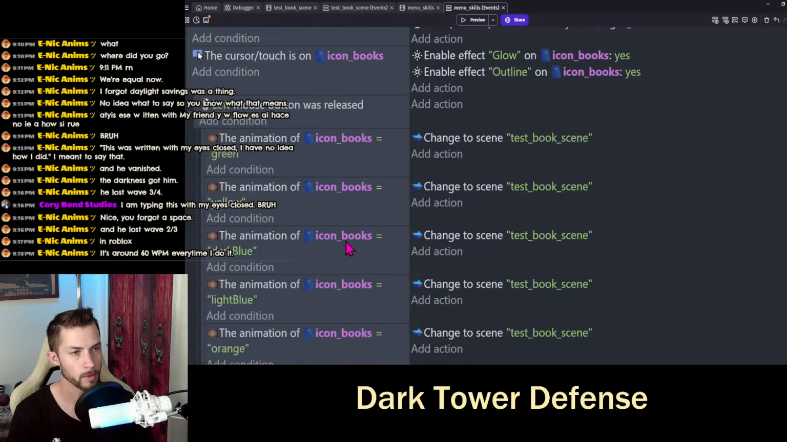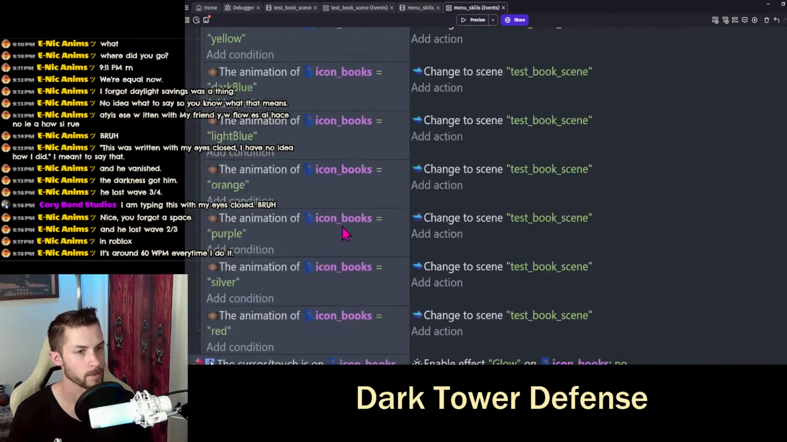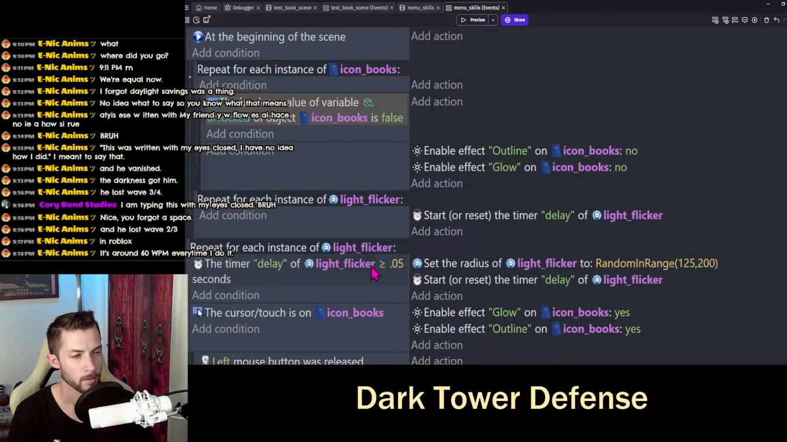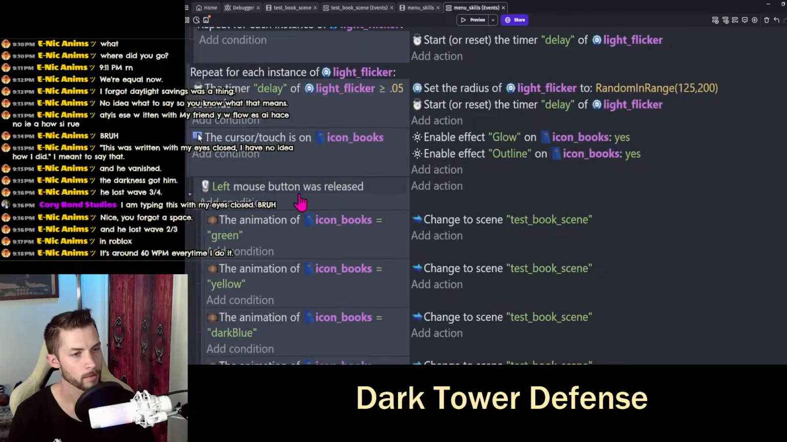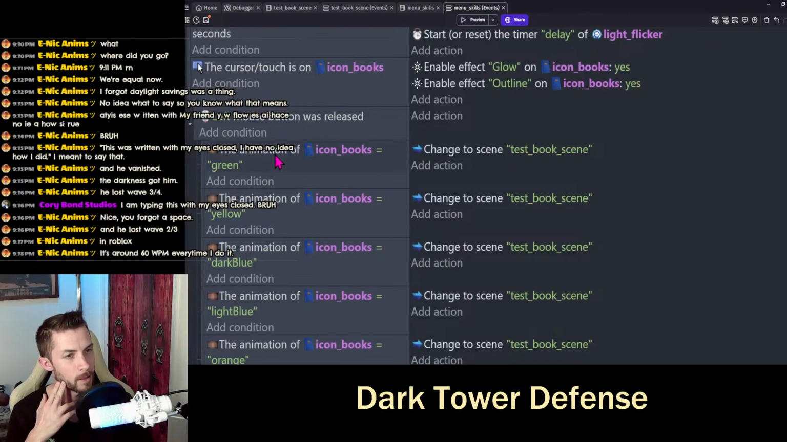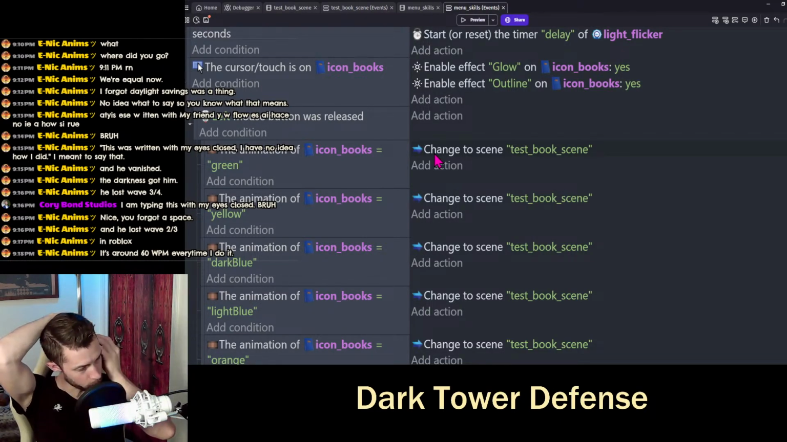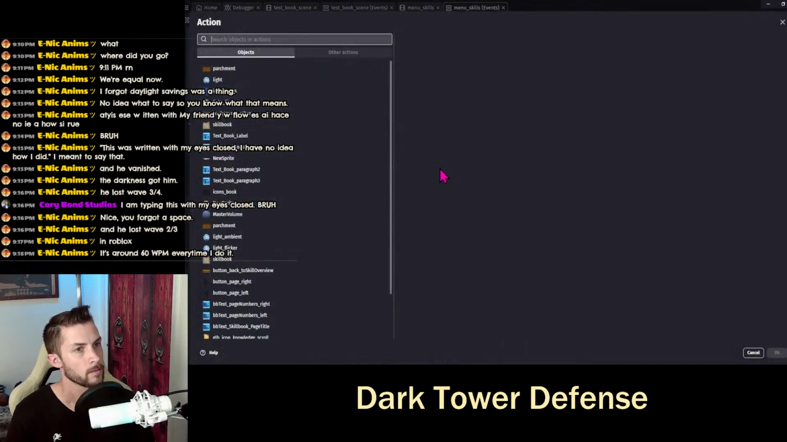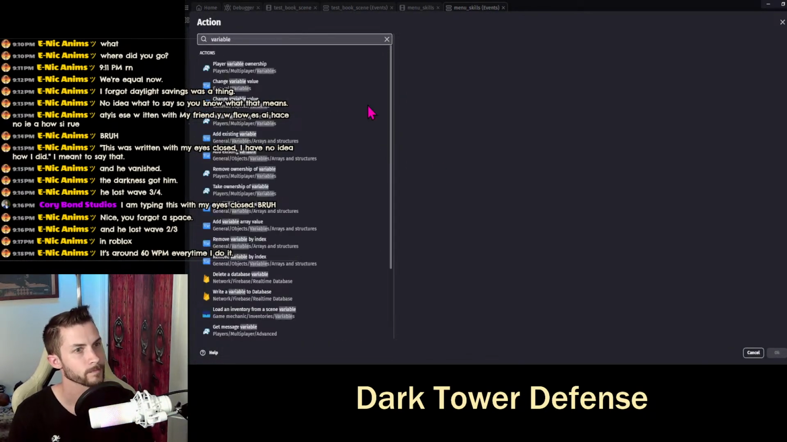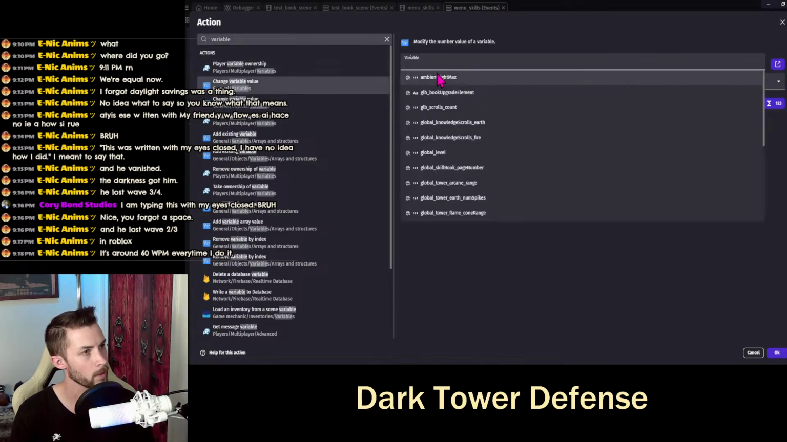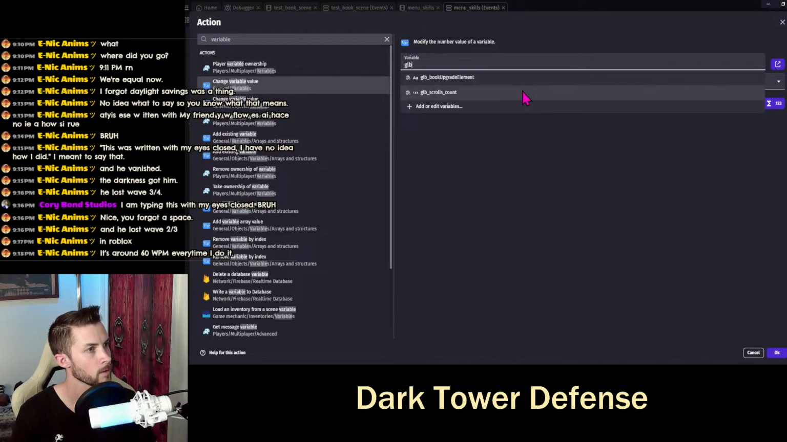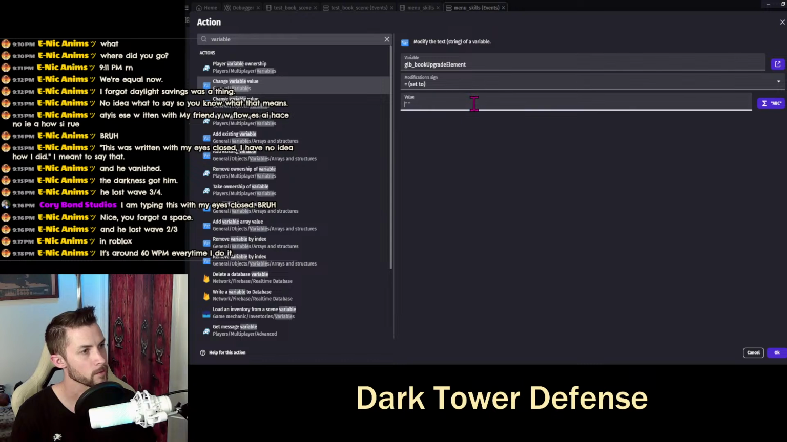Okay, so we're going to do the clicky thing now. Right here, if the left mouse button was released, if the animation of the book was this, we're going to update a global variable. We're also going to fix our Bluetooth piece. So change variable value. This will be GLB book upgrade element. We will set that to